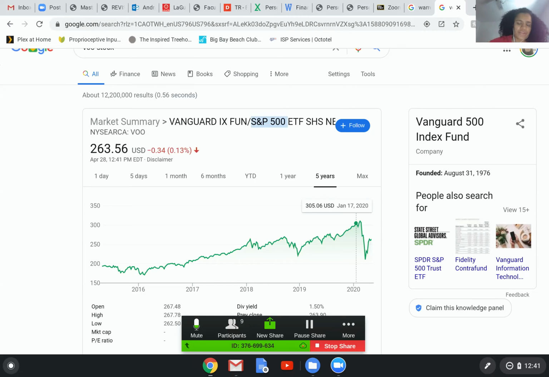Even when it crashes, it will eventually come back up, but let's say it crashes drastically. Will it take away your money? Then you're gonna have to owe them money.